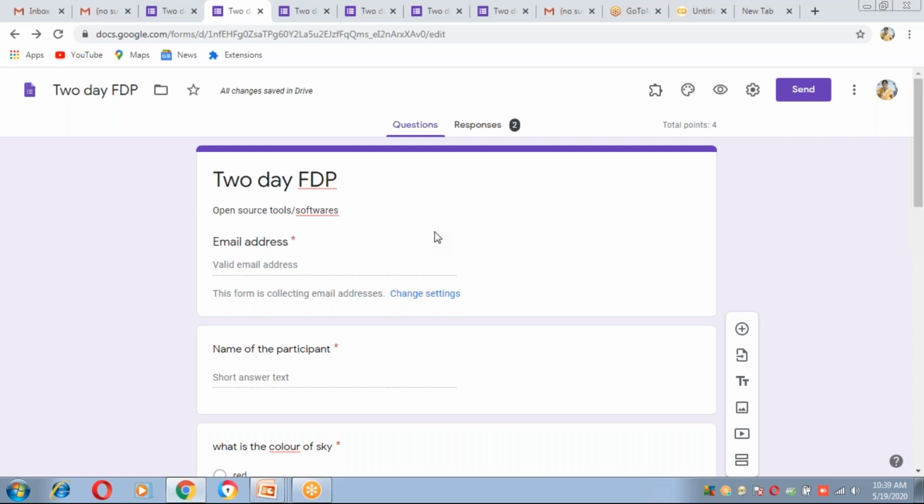Similarly, for the students, we can conduct multiple choice questions, and for so many paragraphs also we can give. So that is the Google quiz.